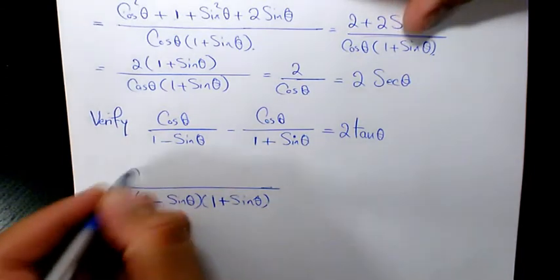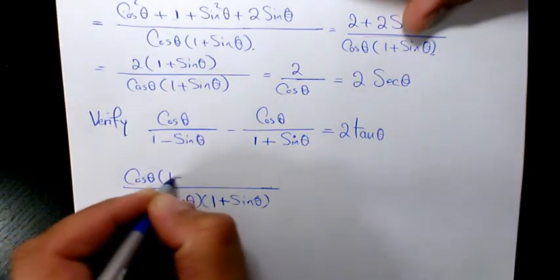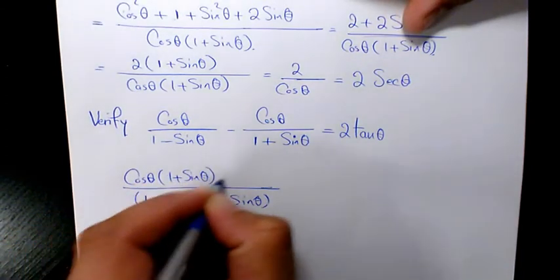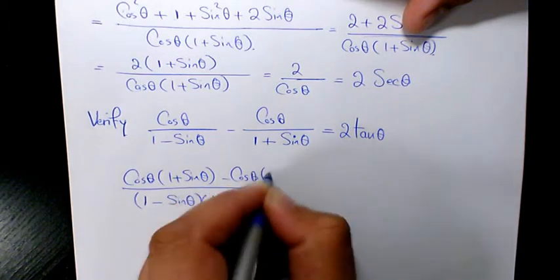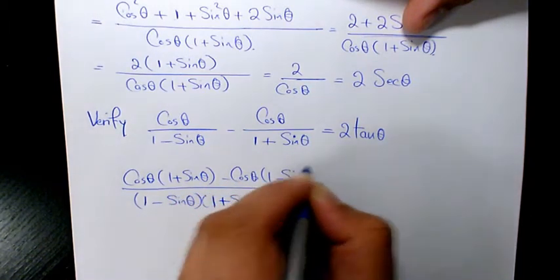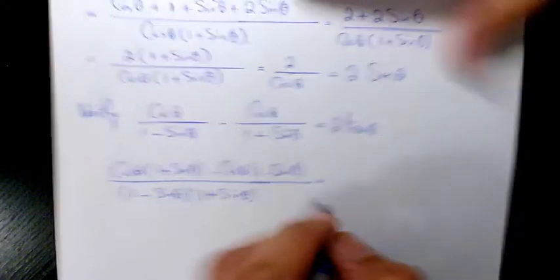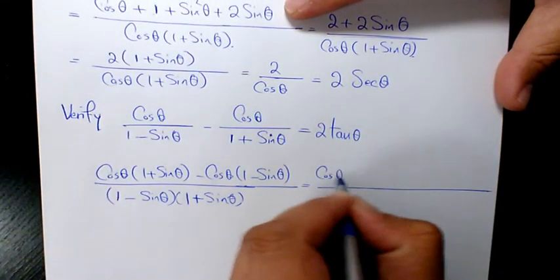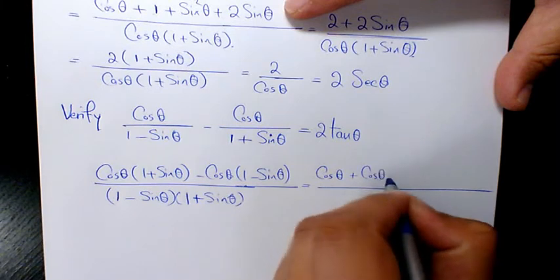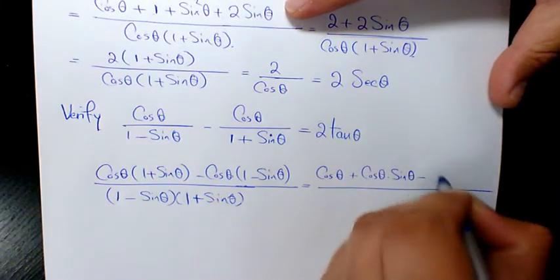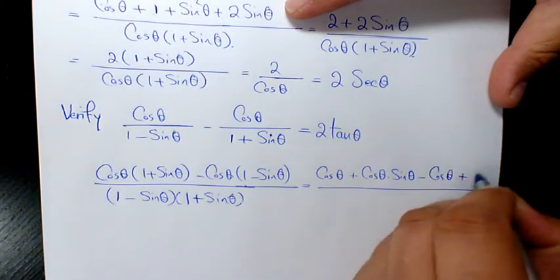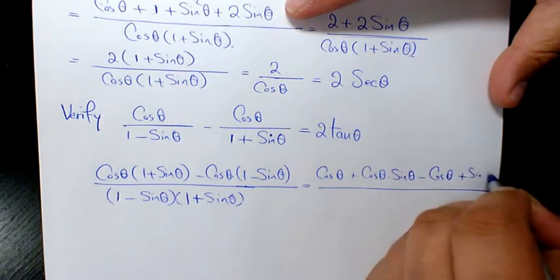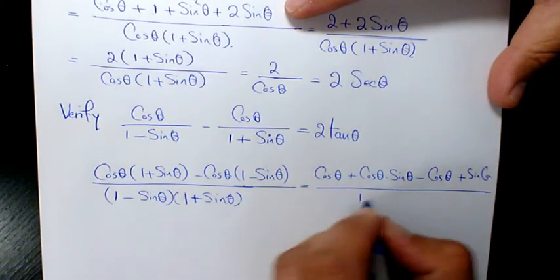Then in the numerator we have cosine theta times 1 plus sine theta minus cosine theta times 1 minus sine theta, which is going to be cosine theta plus cosine theta sine theta minus cosine theta plus sine theta cosine theta, over 1 minus sine